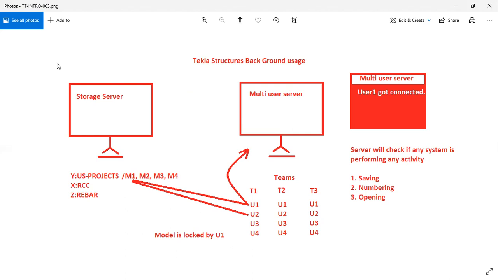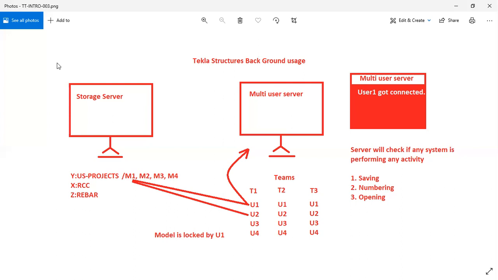So this is done by mapping. When you map any network drive on your local computer, you will get this kind of letters. So your drive letters will be added there for accessing those network drives, or network folders, not drive, actually folders.